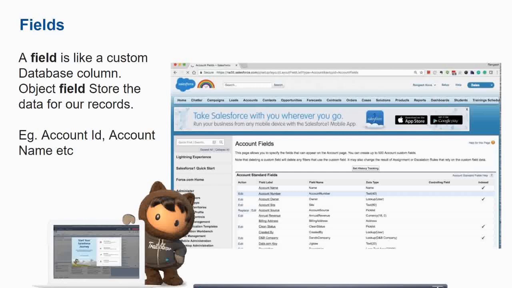Now let's go to fields. As I have said, you can see fields like this: the table and the column names. The table has these column names which are called fields, and you have the records which are placed in the rows of that table. So the fields are anything like account ID, contact name, phone number, whatever is there, these are the fields.